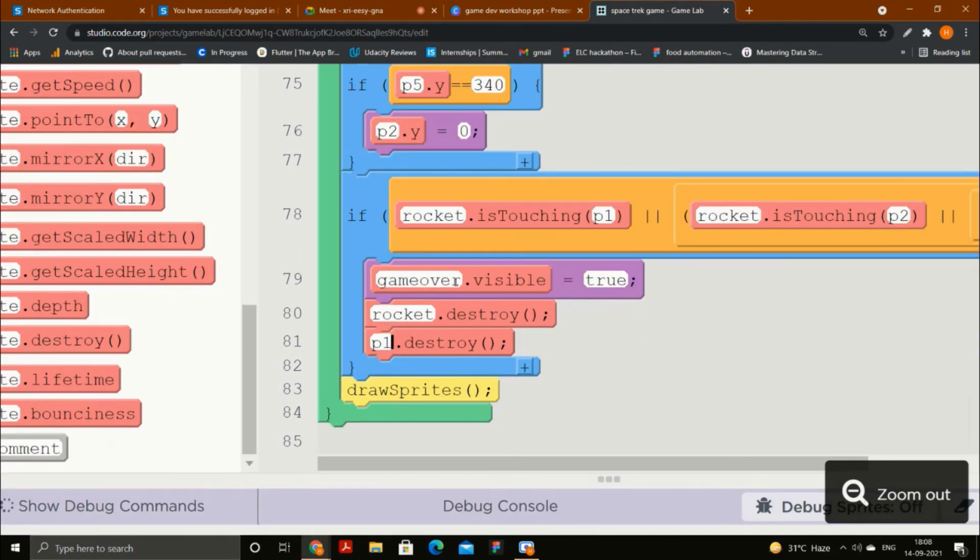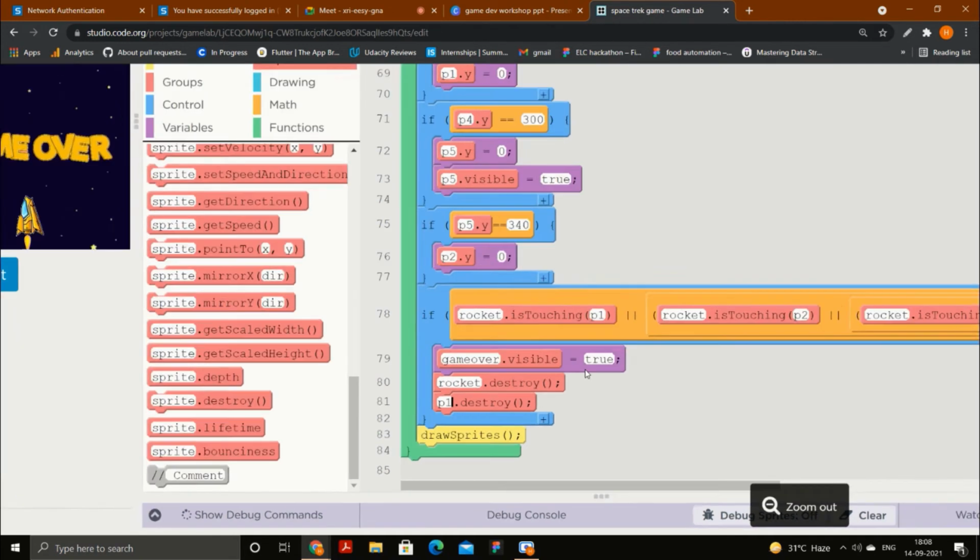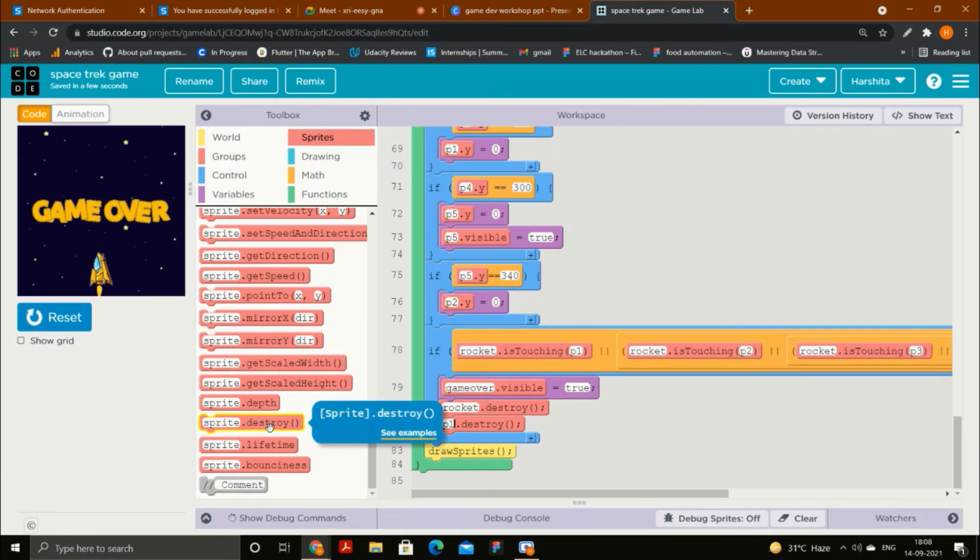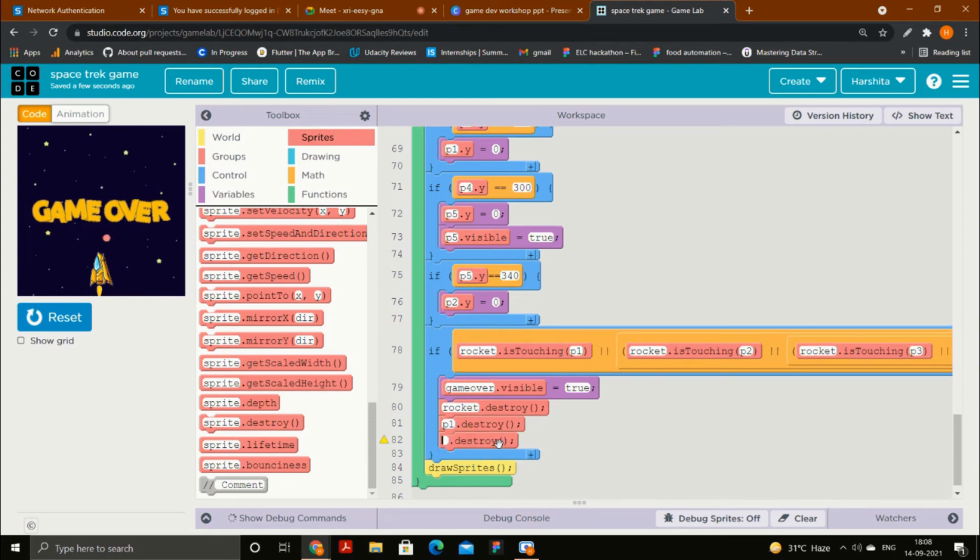What should happen? First of all, the game over text should be visible. The rocket should get destroyed. The first planet should get destroyed. Similarly, P2 should get destroyed. Similarly, P3 should get destroyed. P4 should get destroyed and P5 should get destroyed. Okay.